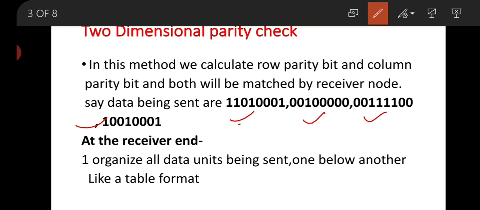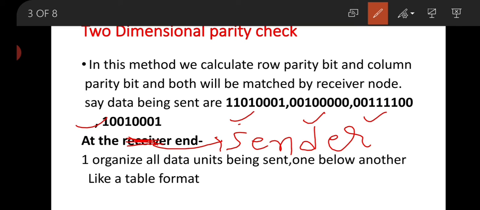Now at the sender end, sorry, this is not the receiver, this is the sender end. At the sender end, when we are going to send the data, what steps are we going to follow?